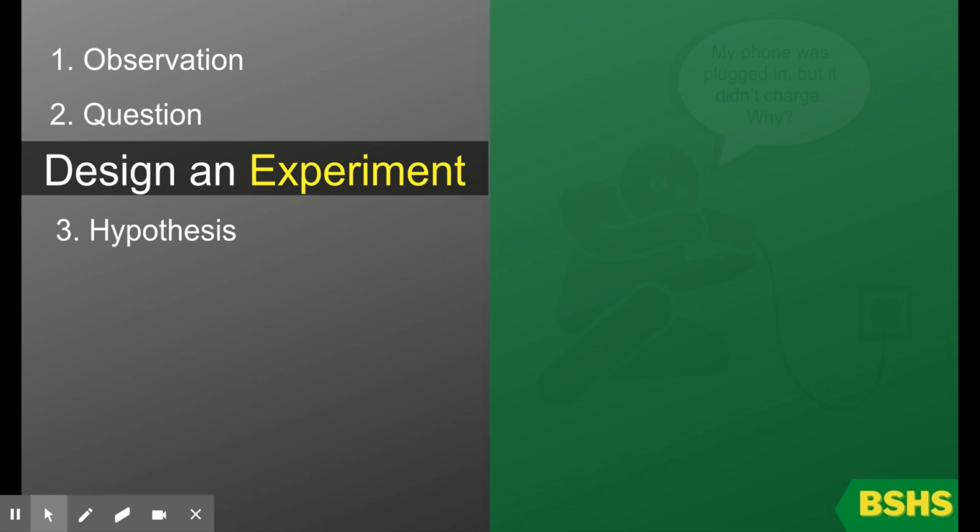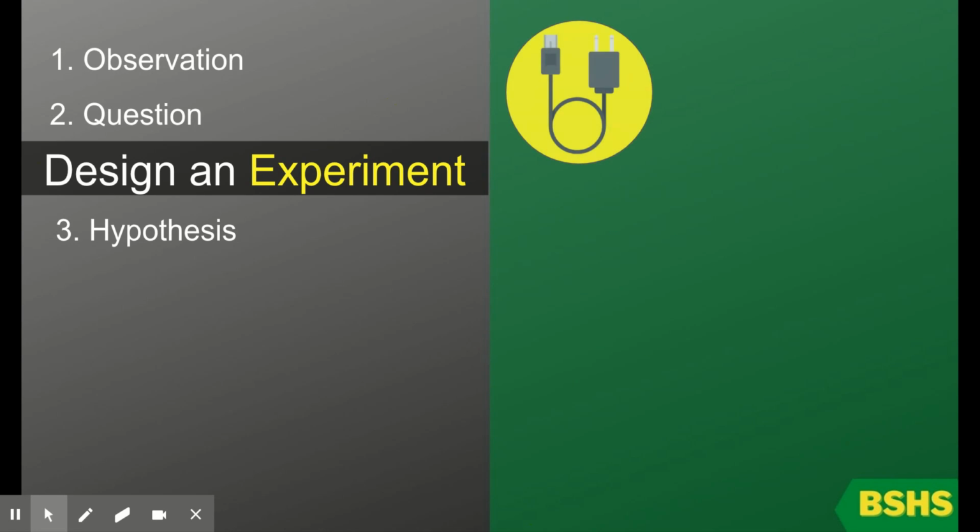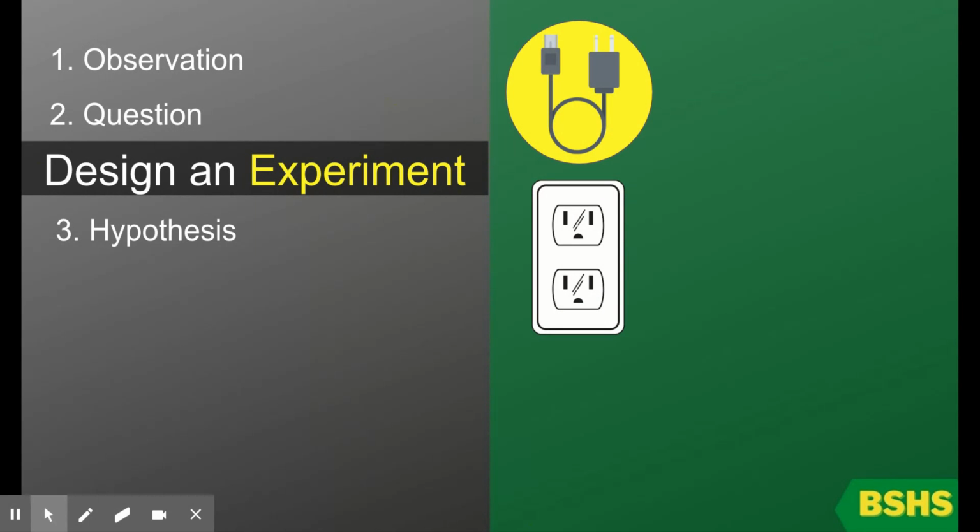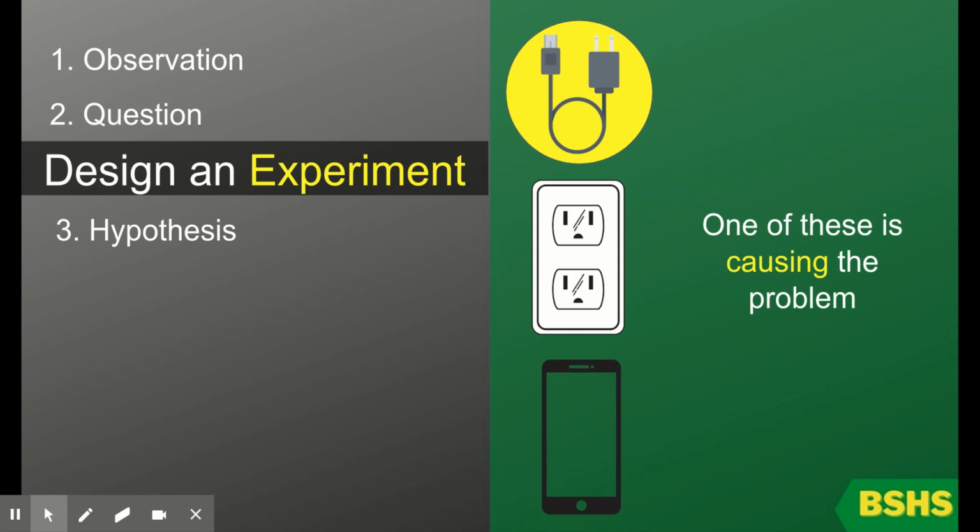And what you did was you said, look, either my charger is broken, maybe that's what caused the problem, or maybe it was the outlet in the wall. Maybe that's not working and that's causing the problem. Or maybe something's wrong with my phone. So my phone is broken and that's causing the problem. All right. Each one of those is a hypothesis. And one of these is causing the problem. And I want to emphasize the word causing. Okay. One of these was causing your phone not to charge.